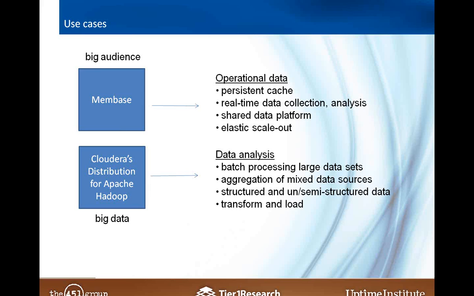On the Hadoop side, clearly batch processing of large data sets, aggregation of mixed data sources is also important, about bringing application data together from various applications to process in its entirety, dealing with structured and unstructured or semi-structured data I mentioned earlier, and